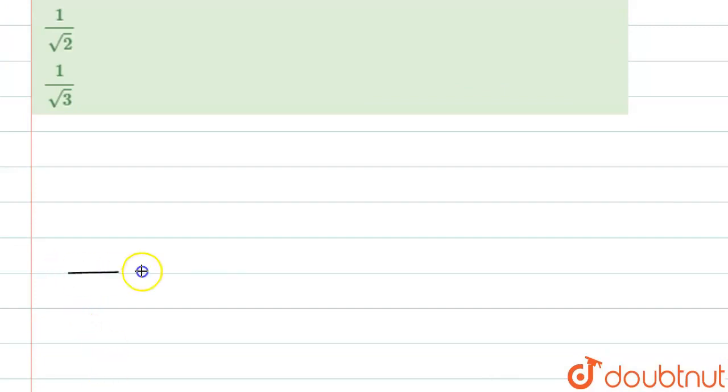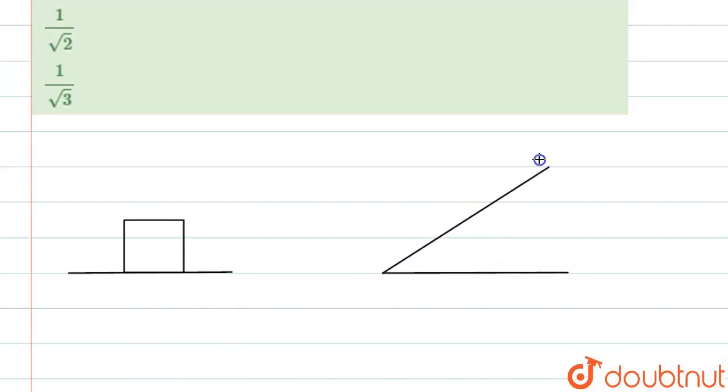So the diagram, if we draw, this is the initial case, that is this is the block and it is kept on this plane. And the final case is that this is the reference point and this is the angle. And now the block is somewhat over in the air. Basically let's draw it like this. So this is somewhat the scenario of the block, of mass 4 kilograms.